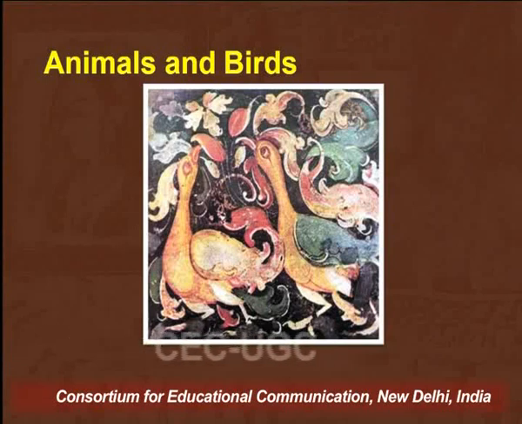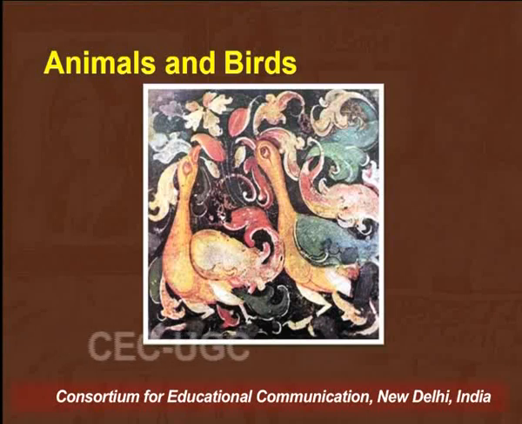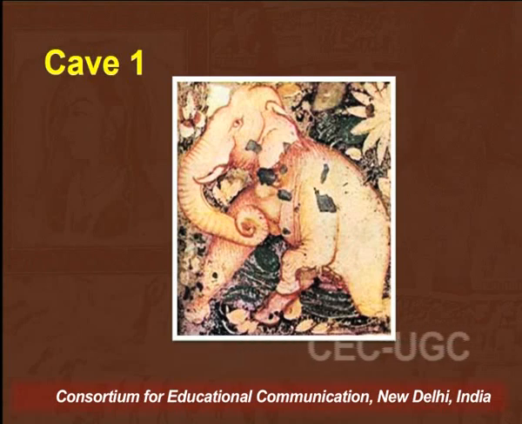You can look at the way the colors were used, and there was also importance given to highlighting the painting. It is the same technique which even modern artists use, a combination of dark and light, shadow and dark colors in their composition, so that the entire composition is not blurred or does not become invisible. So the same kind of use of white color in addition to other colors was used centuries ago as well. This particular visual is from Cave 1.